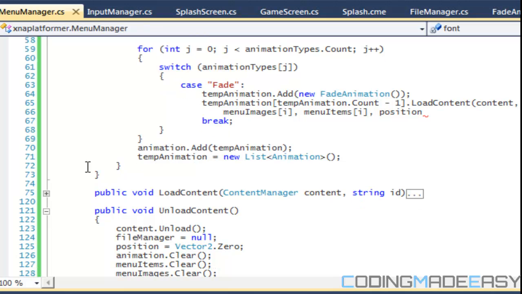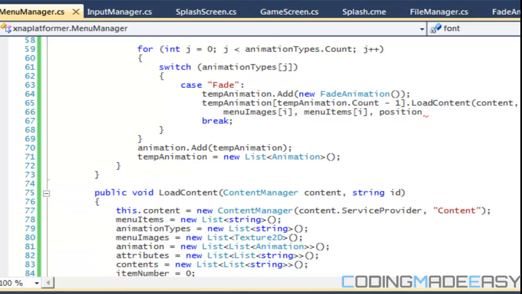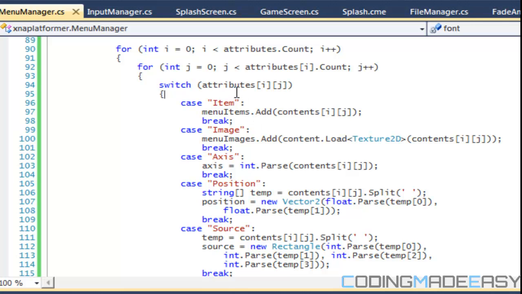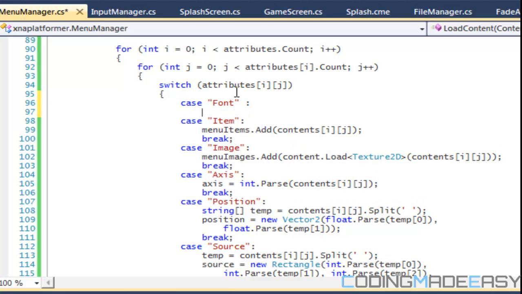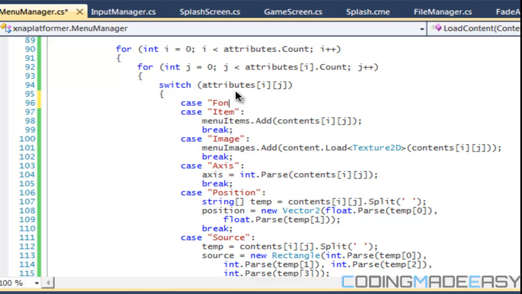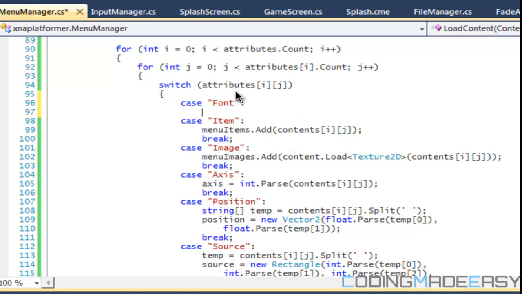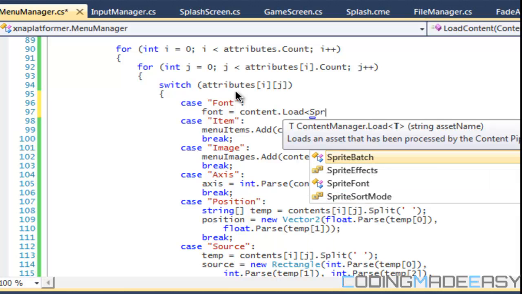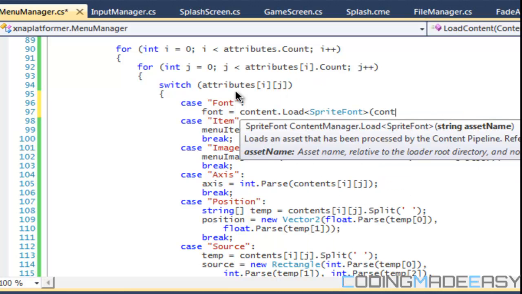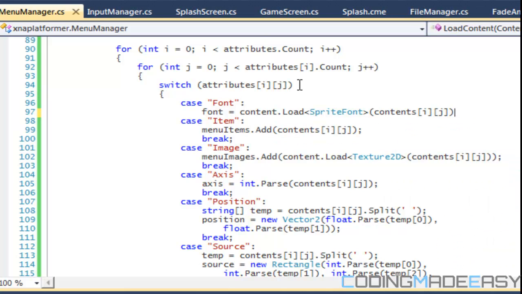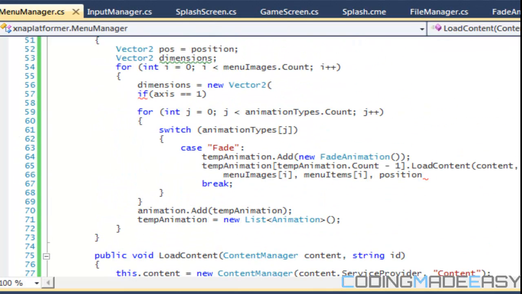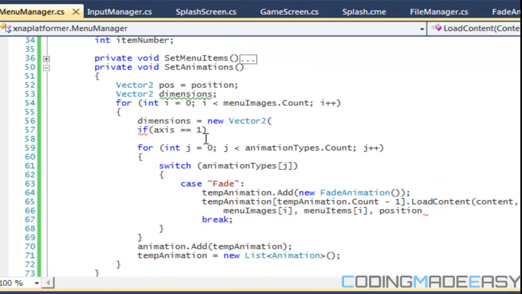So let's look at the load content. And in one of these cases, at the top, I guess I'll say case fonts. Then we load in a font. So we're gonna say font is equal to content dot load sprite font, and we load in this font that we specify in here. Okay, so we have our font loaded, and if we go back to our animation,